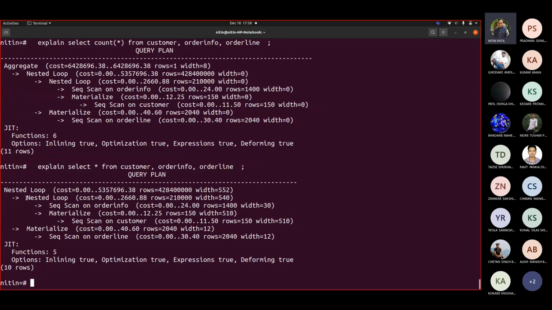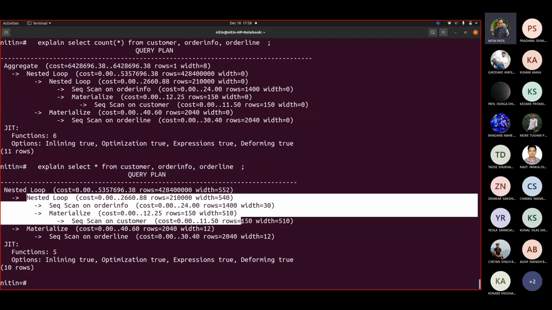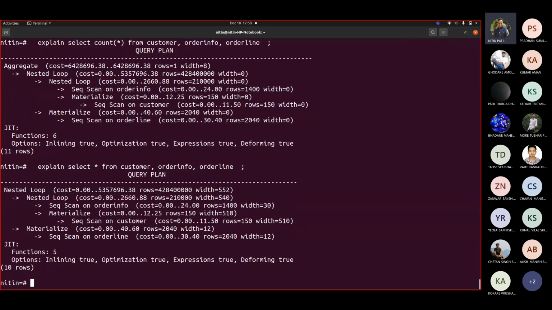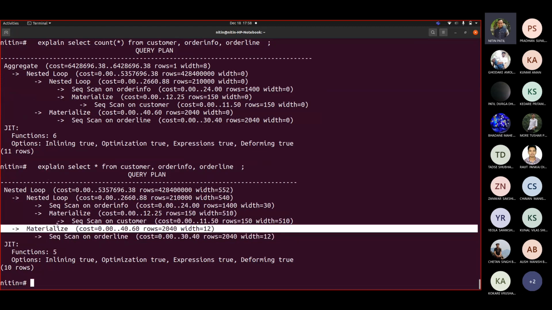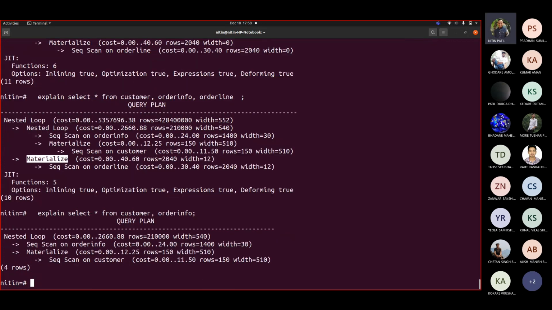First of all, this was the cross product of 2 tables, customer and order info, and that was combined with creating multiple copies of order line with a materialize operation. So this is another operation, materialize. Always it would be with nested loop. See here, can you see materialize? Materialize means create copies.